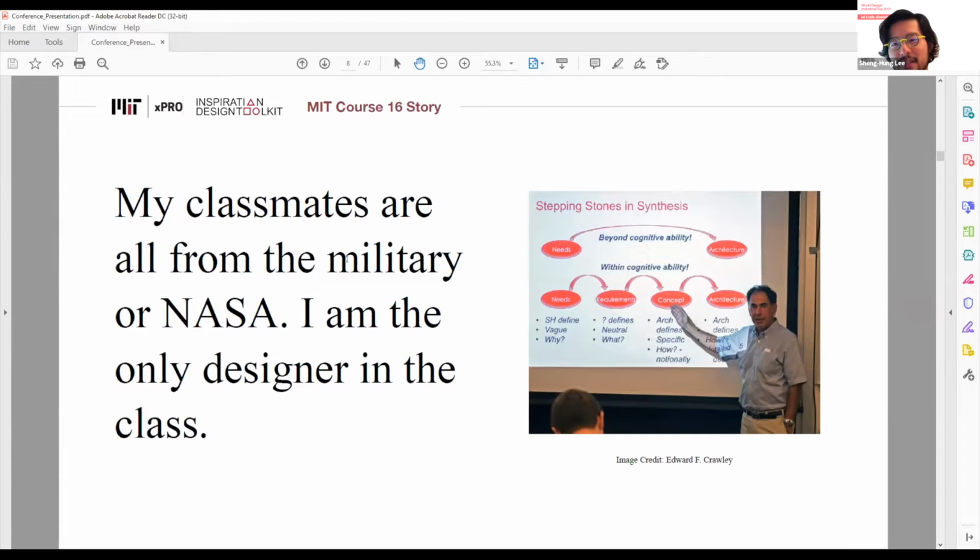This photo is from Professor Crawley's website. Basically, imagine you sit with not that many people, about 25 people, I guess, and 90 to 95% are all hardcore engineers from the military and NASA, and I'm the only designer in this class.